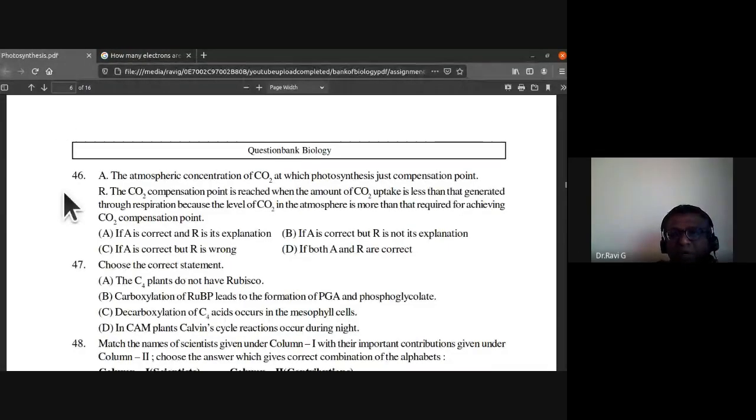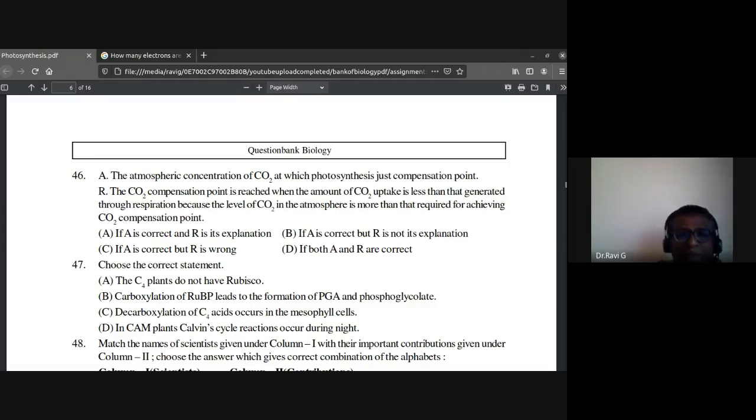Okay, dear students, are you able to see the slide? I had a call, so I had to disconnect. Anyway, now are you able to see it? Are you able to hear me? Fine, we'll continue with this. I'll give you that answer very shortly, how we got the 12 electrons calculation. So let us proceed with the 46th question.